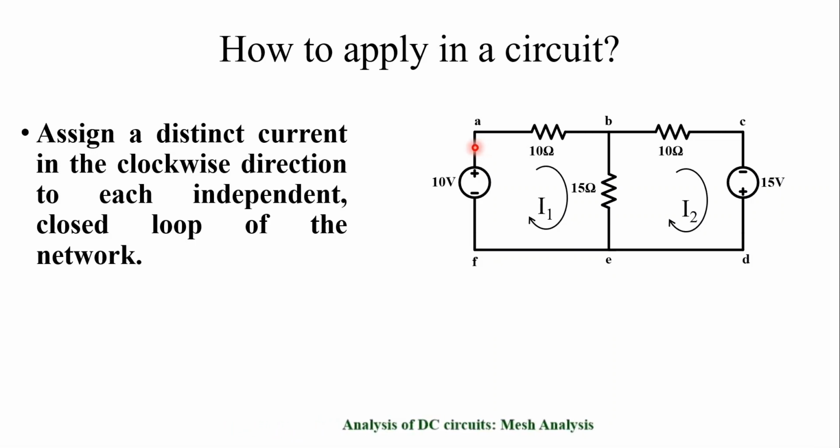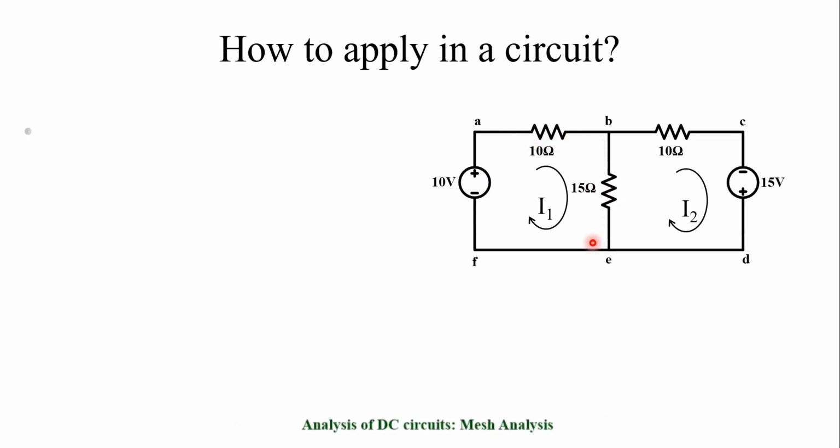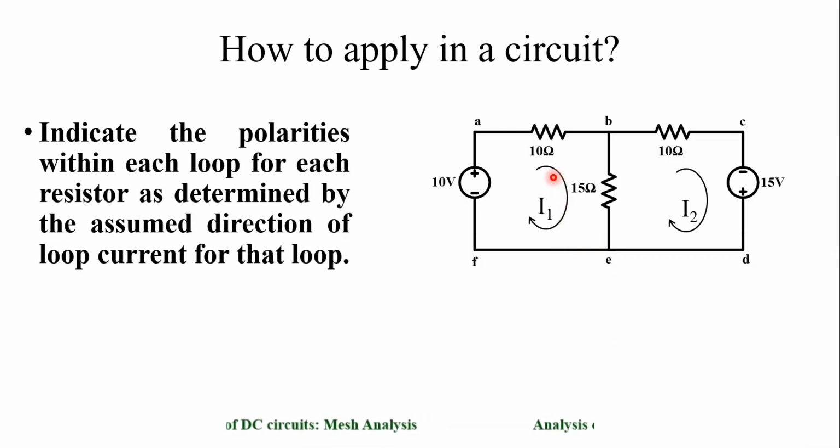Now the next step is to write down the voltage polarity across each resistance. How can we write down the voltage polarity? Since the current is flowing in a clockwise direction, and all of you know that current always flows from higher potential to lower potential, and we represent the higher potential with the plus sign and the lower potential with the minus sign. So if the current is flowing in a clockwise direction, this A will be plus and B will be minus.